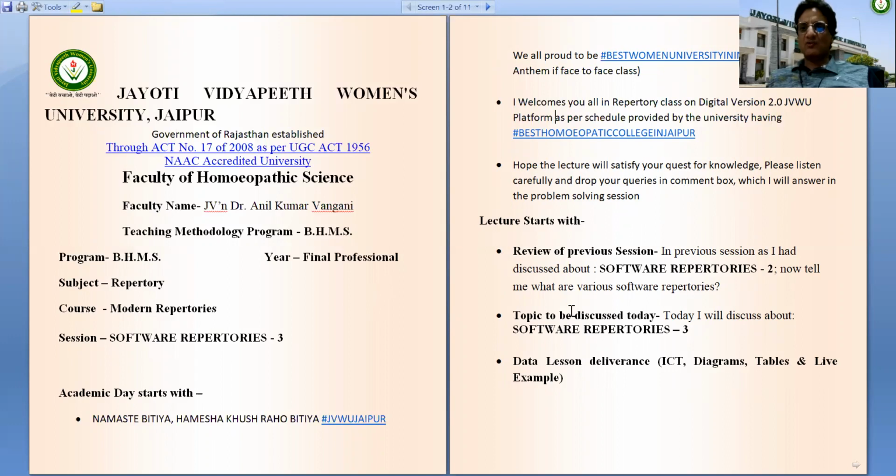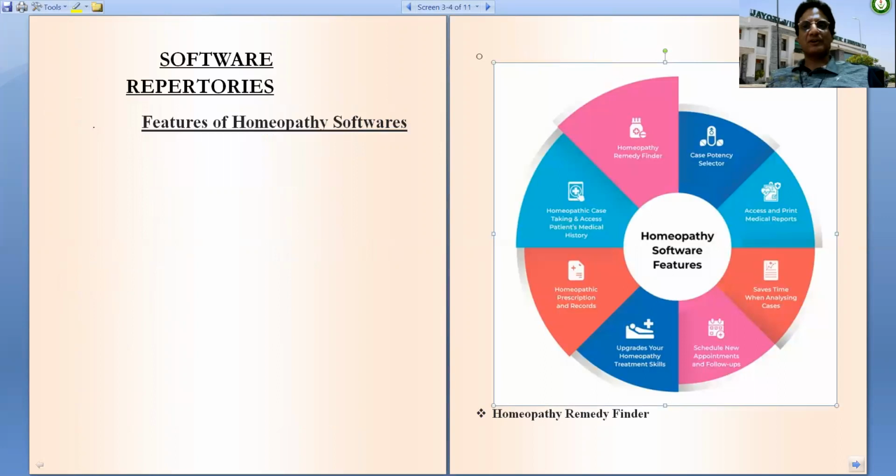So let's now move on to the lecture, that is software repertories part 3. As I have told you, an ideal software repertory should contain all these features.